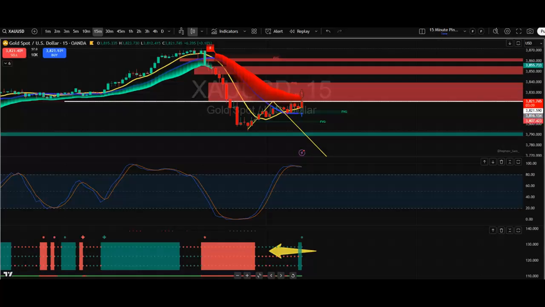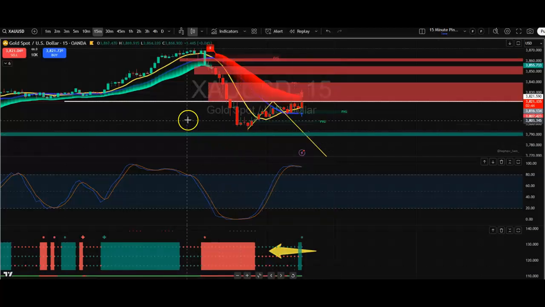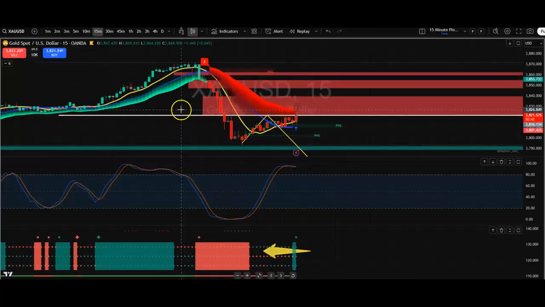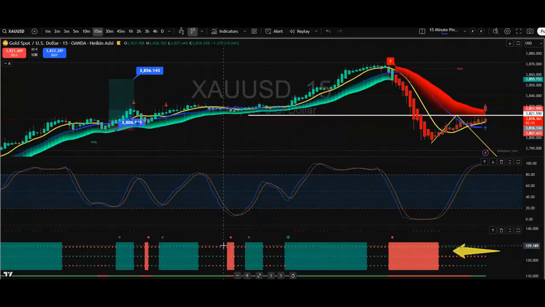So I've got the FVG here on the 15-minute chart. But once you go into this, just go into the FVG, Nephew Sam, and then click on the time frame 1 hour. If you go into the chart, you'll have lots of FVGs, which will be pretty relevant, to be honest with you. You can go to the 4 hour chart, which will give you even more information, but the 1 hour chart is usually enough. Now, in order for the FVGs to appear, we do need the candles to be not Heikin-Ashi. If I flick down to Heikin-Ashi,